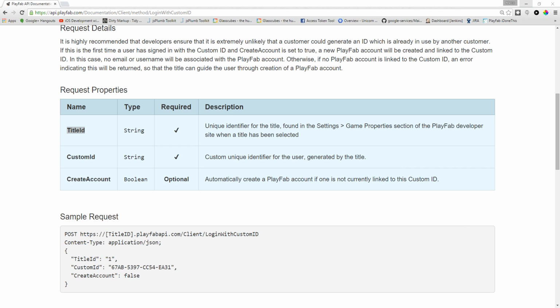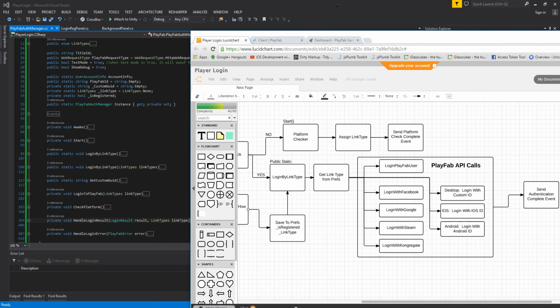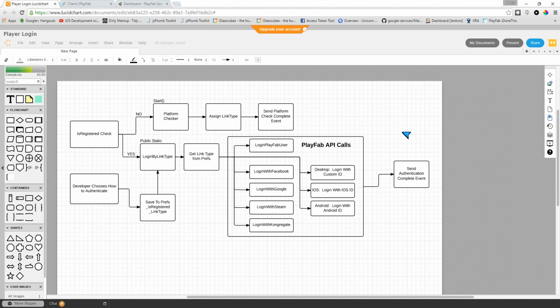So where do we want to go next? Let's go ahead and dive a little bit into the code. Actually, before I do that, let's talk about our flow a little bit. So what I've done here is I've kind of diagrammed out,